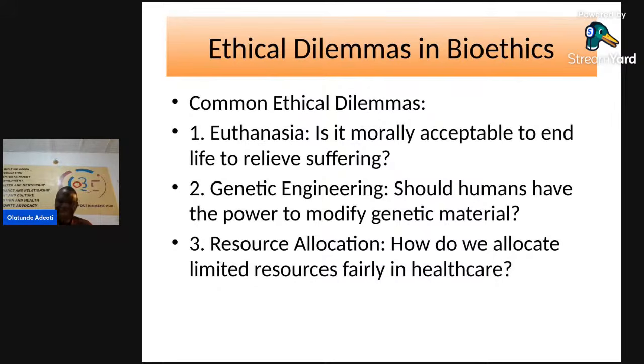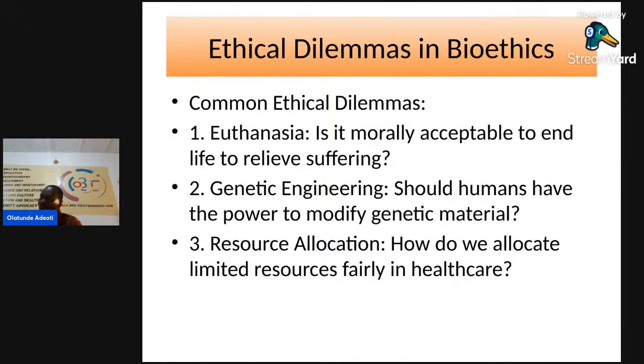There are some people whose diseases or sickness are such that a patient will continually be in suffering. The person will be agonizing, the person will be crying. The more they treat the person, the more uncomfortable the person is. So is it bioethically right that you should say